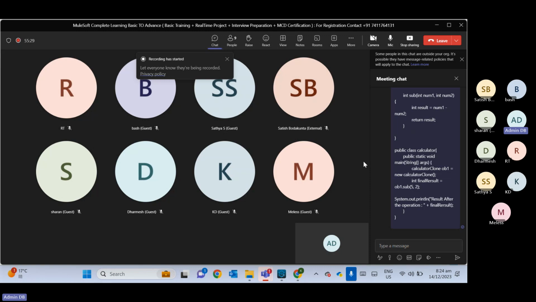You only need to understand the basics. If you don't know what a method is, what an object is, or how to call a method, then even if you get ready-made code, you will not be able to meet your expectation. So you should have this basic knowledge. You will get the code ready-made, and just need to modify it based on your need and use it. So I hope everyone is clear on this part. So for the Java part, what I will do,